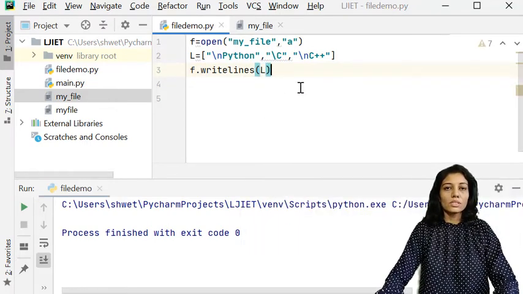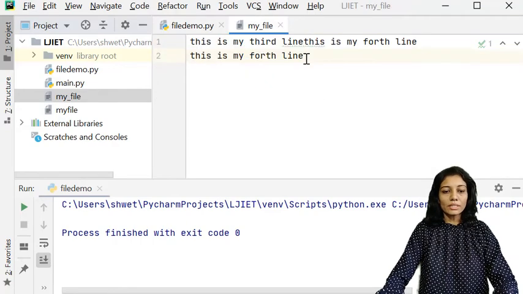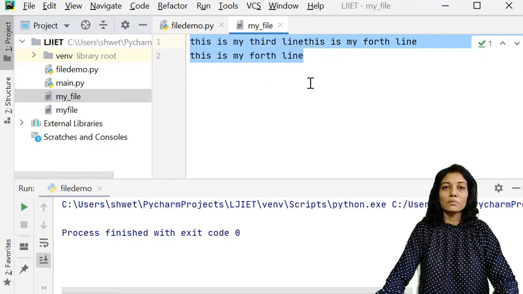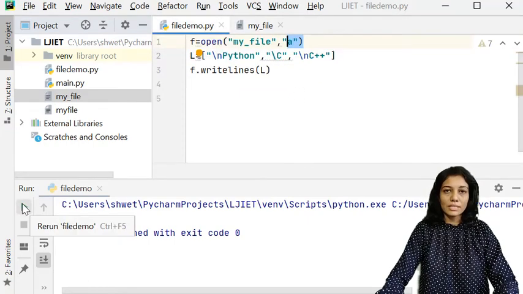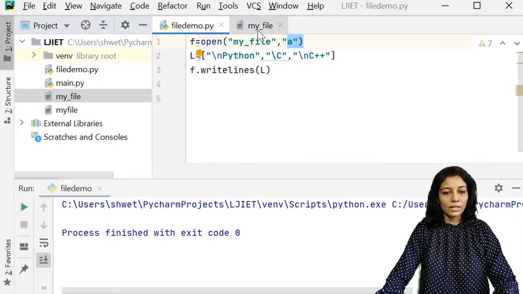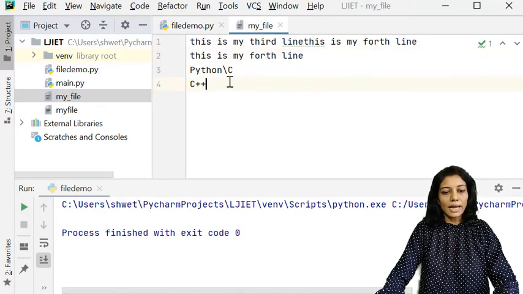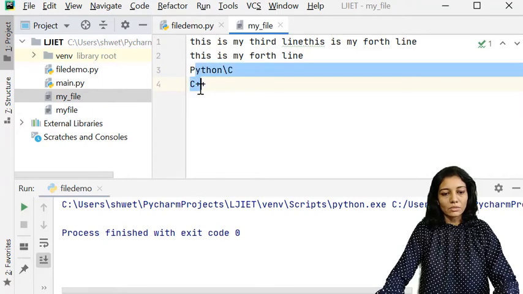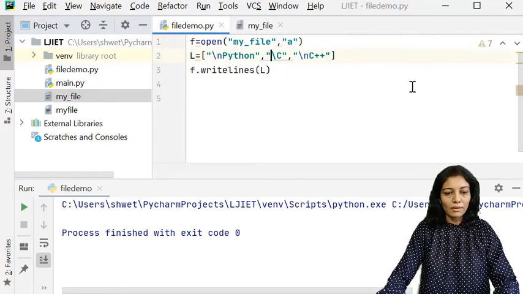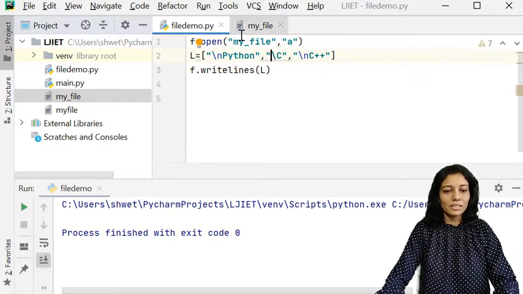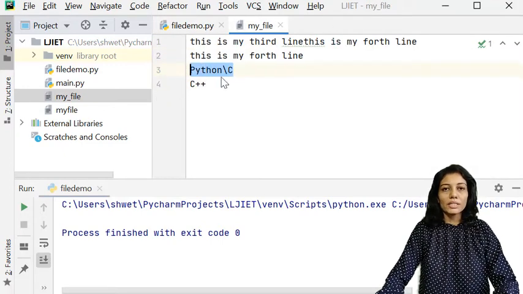Okay, so just keep this in mind: I have opened the file in append mode, so whatever content is there will be kept as it is, and this list, these strings, will be added. So now let us execute the code and check the file. Yes, it has added these, Python and C, but I have made some mistake over here, and here I have not included \n. That is the reason why these two are printed in a single line.